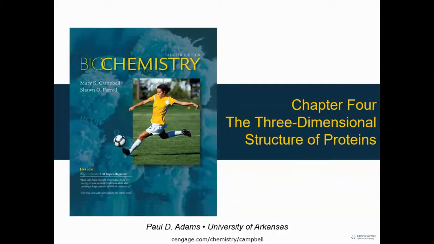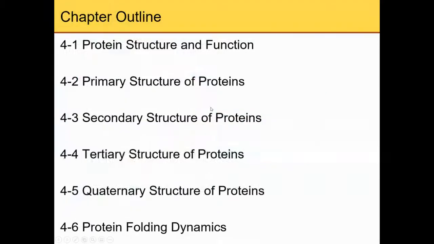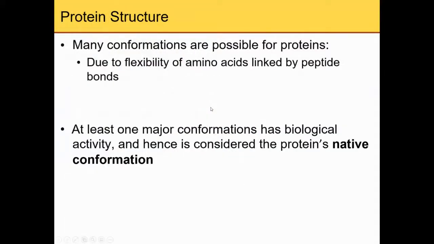Now we will discuss chapter 4, the three-dimensional structure of proteins. Many conformations are possible for a protein. This is due to the flexibility of amino acids linked by the peptide bond. So you have different possibilities for the peptide bond to form, that means different amino acids can connect